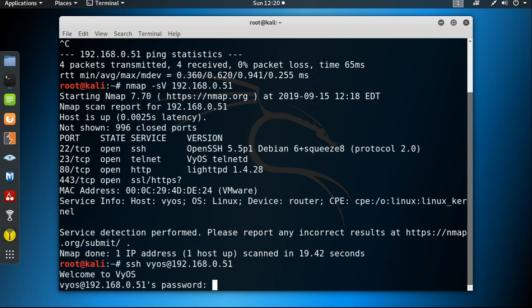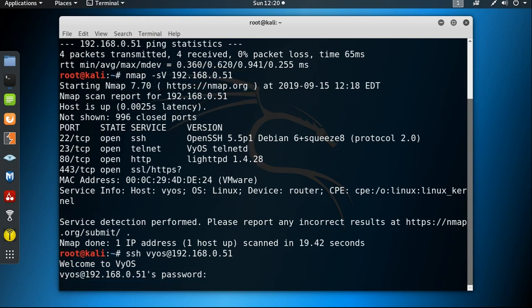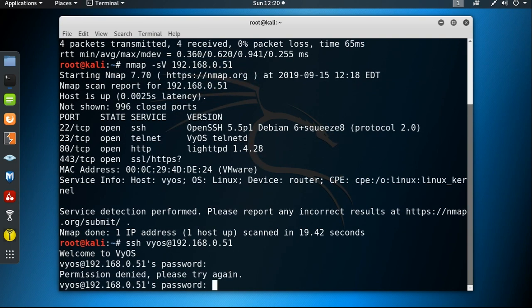So I'm putting the password as admin. Permission denied. Please try again. Okay, so actually I don't know the password. So to break this password, we can perform a dictionary attack. To perform a dictionary attack, first we need a dictionary.